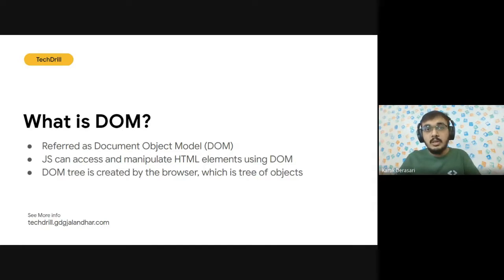JavaScript can also remove existing HTML elements and attributes. For example, if you do not have the permission to view some kind of HTML elements, then you can also hide them for different kinds of users. So we can add, we can delete, we can change the HTML elements, we can change the style of the HTML elements, and we can almost do everything using JavaScript. And we need to use the DOM, document object model, whenever we want to manipulate all kinds of HTML elements.